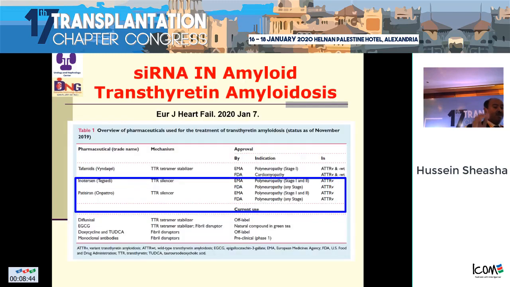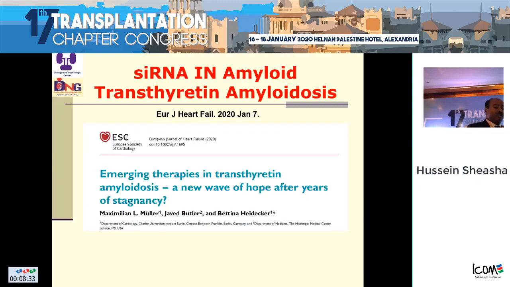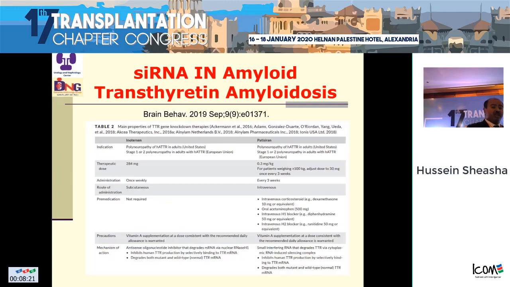So nowadays, there is a silencer for the transthyretin amyloidosis, and there are two drugs approved in Europe and United States. And it seems that these drugs enriched the treatment of heart failure, as you see here, and transthyretin amyloidosis after a period of stagnancy. And these are the two drugs, the